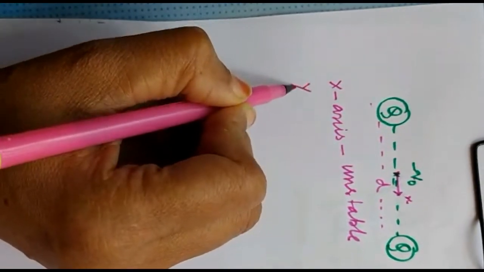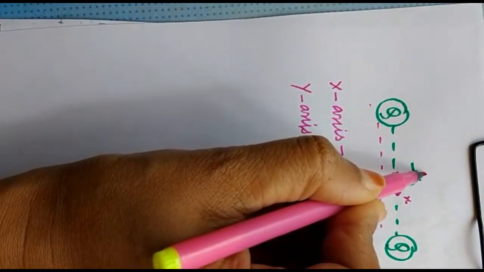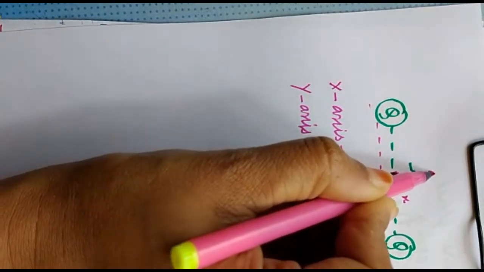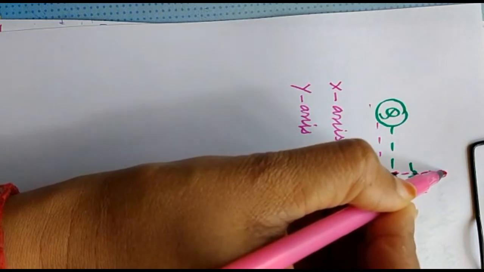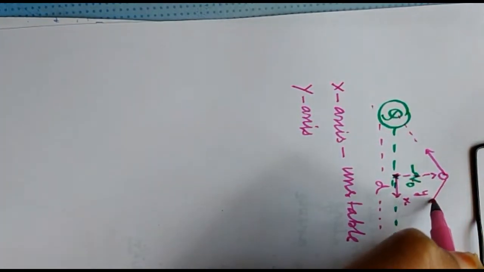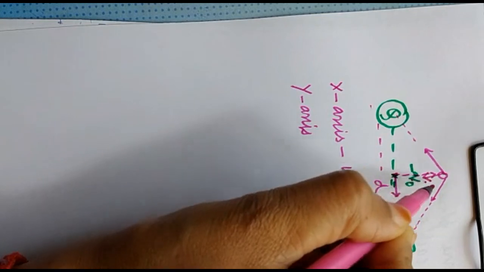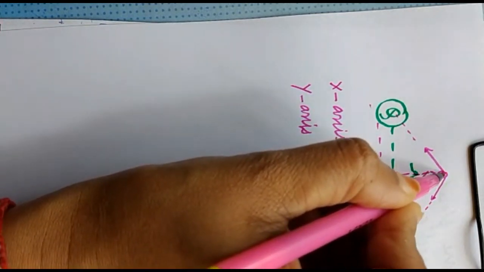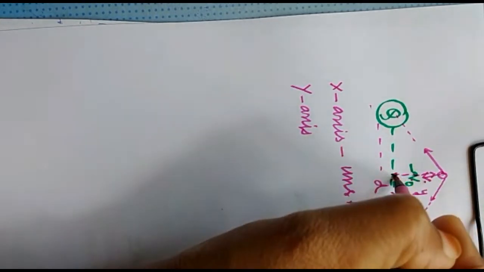Then second, if I displace it along the y-axis, say I have displaced the particle through a distance y. Now here is your negative charge. There are two forces acting on it: one attractive force towards capital Q, another attractive force directed towards capital Q. The resultant of these two forces will be in the downward direction. So when you have displaced the charge upward, there is a net force directed downward to bring it back to the initial position.